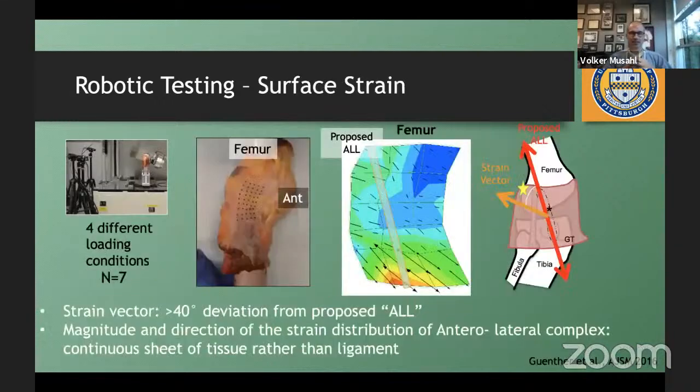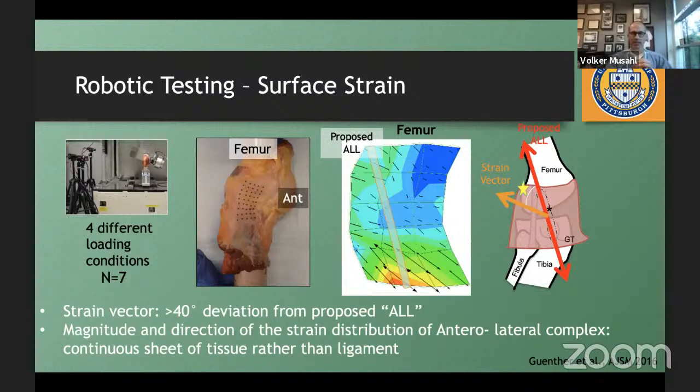In the same study, we also did this, which is published in AJSM. We put strain markers onto the capsule. So the second image there shows the knee, and this is the anterolateral side. And then each of those little black dots are strain markers that we video throughout this simulated pivot shift. And then the rainbow map you can see next to it has the orange bar right through it, which is